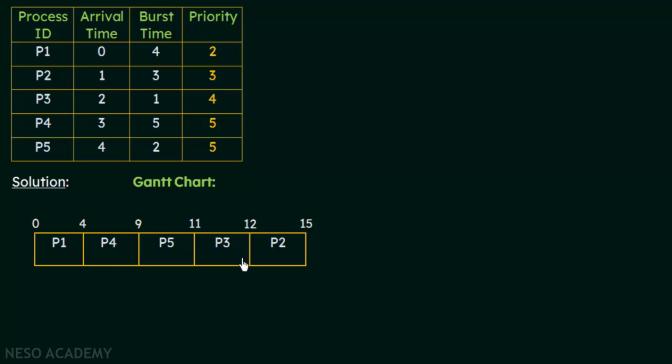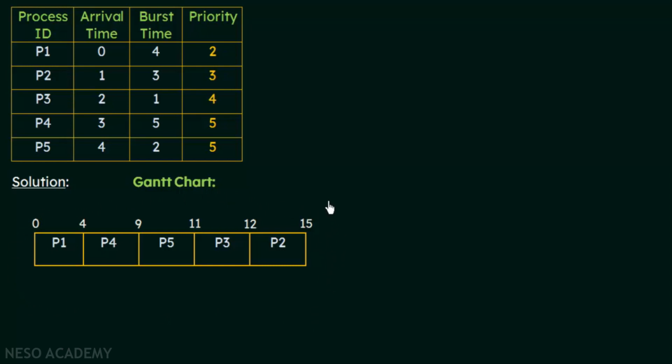And then the final process that we have is P2. So P2 will now get the CPU after P3 releases it at 12 milliseconds. And P2 will execute for 3 milliseconds, which is the burst time of P2. So 12 plus 3 is 15. So up to the 15th millisecond, P2 uses the CPU, and at this point all the processes have completed their execution. So this is how we form the Gantt chart for a set of processes when they follow non-preemptive